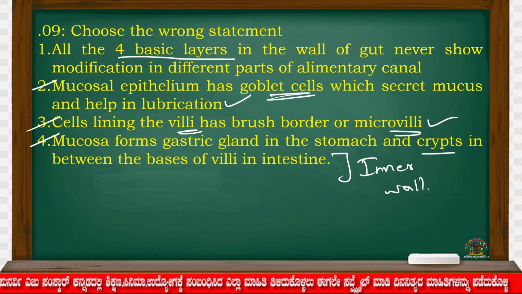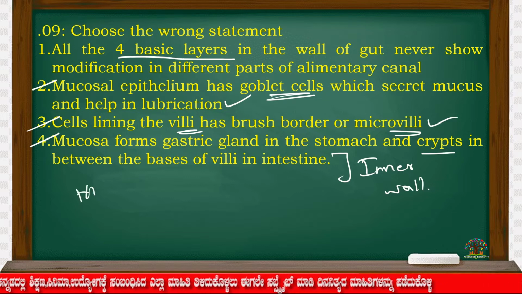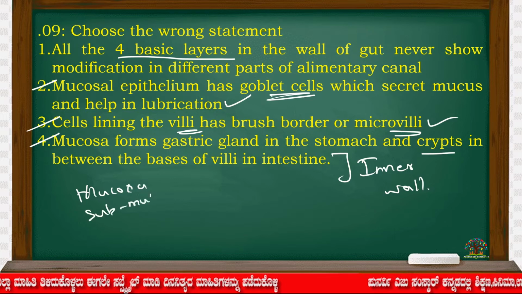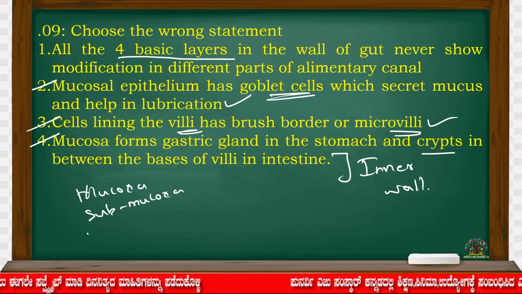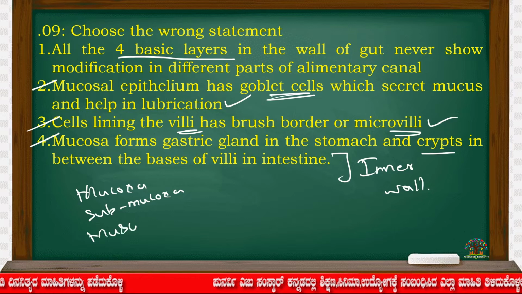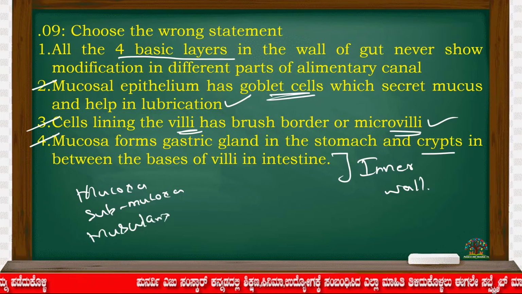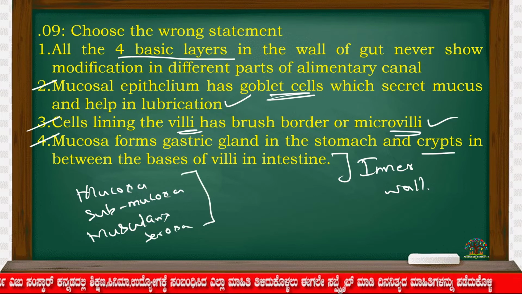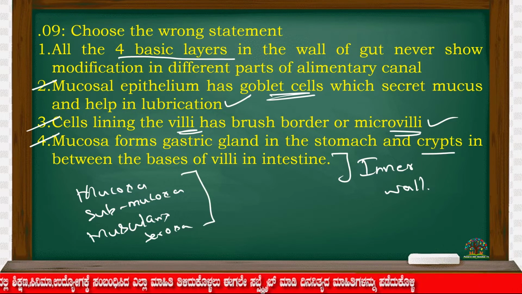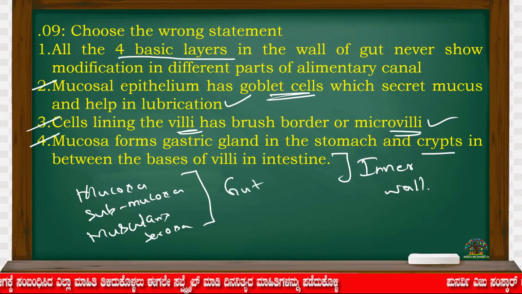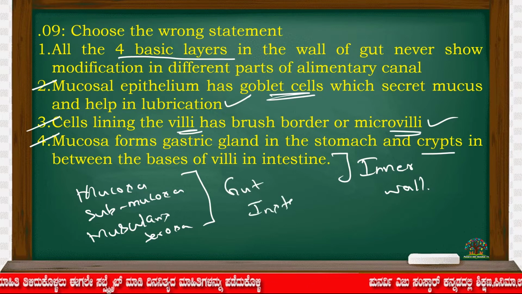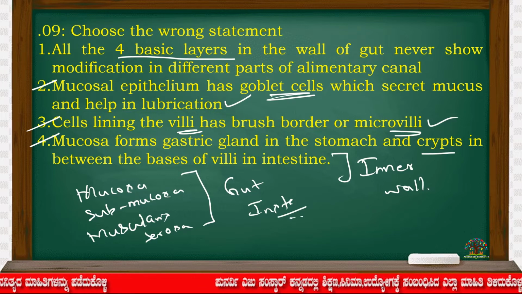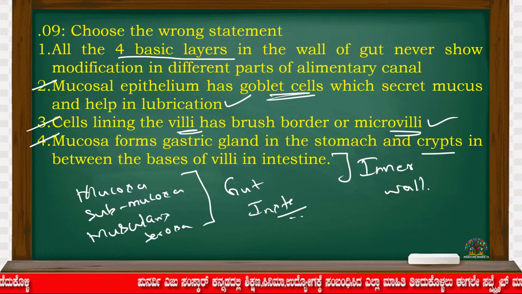So what are the 4 basic layers? They are mucosa, submucosa, muscularis, and serosa. When you look at the shape of mucosa, submucosa, muscularis, and serosa in the gut region and in the intestinal region, they are completely different. In some regions where the blood connections are more required,